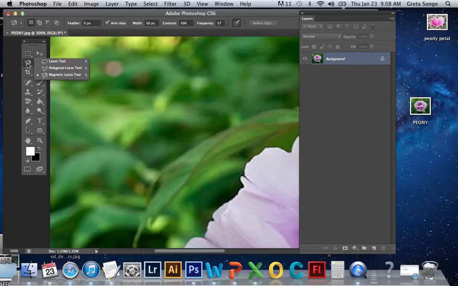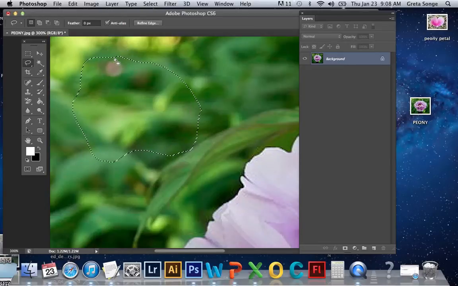So let's go to the lasso tool, and I'll just sort of free draw a selection here. You see I get those marching ants. And let's say for some reason, I'm not quite sure why, I want to delete in this selection these darker green areas. I don't want those to be a part of this selection for some reason. So if I go to my magic wand tool,